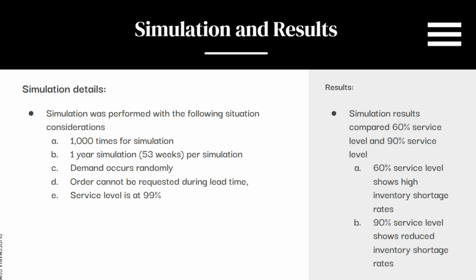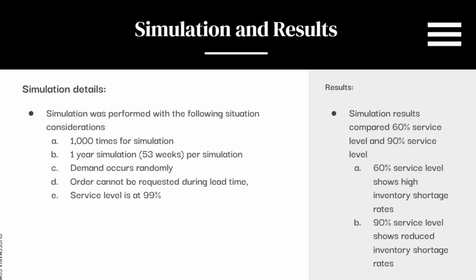Inventory levels are updated upon order receipt, and the simulation runs for a 53-week period, tracking key metrics such as inventory shortages, shortage periods, and average order quantities. At the time, the company operated at a 60% service level in its existing EOQ model, resulting in a high inventory shortage rate and challenges in managing inventory. At that level, 4 inventory shortage counts were recorded in an inventory shortage period of 22 weeks.